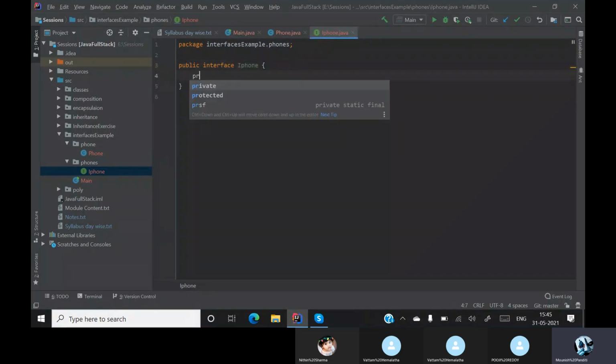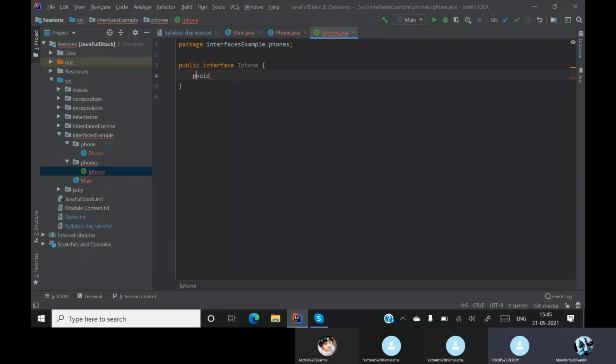According to our definition, an interface should have only void, only the definitions, right? Yes or no? Yes, sir. So there is a return type, and it is saying it is a processor.